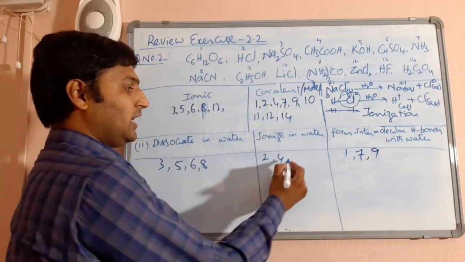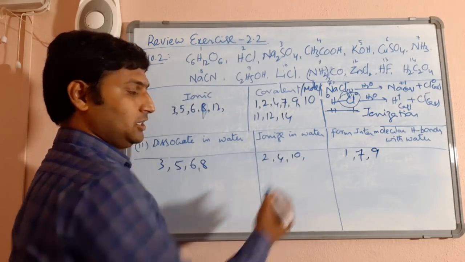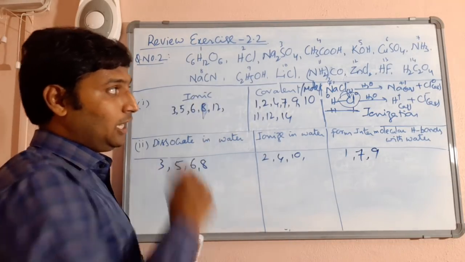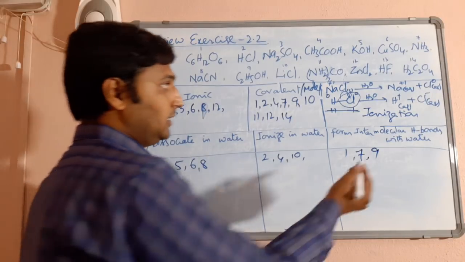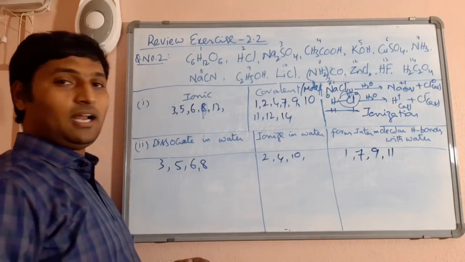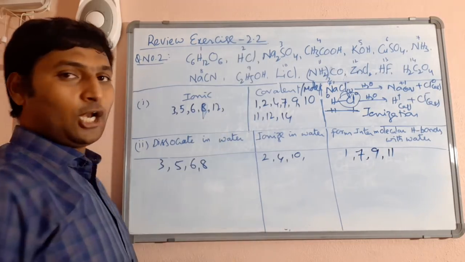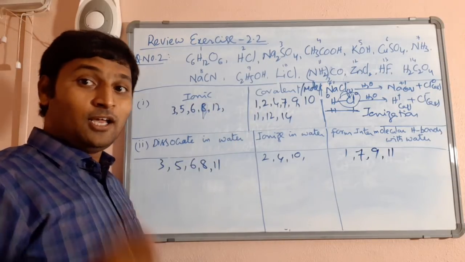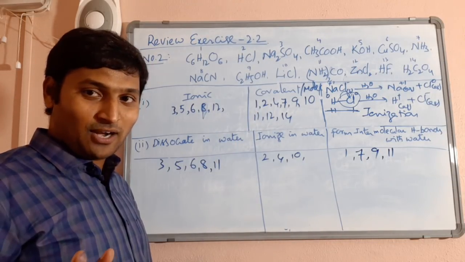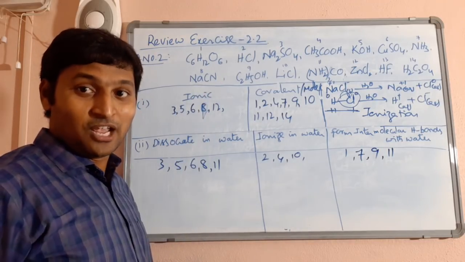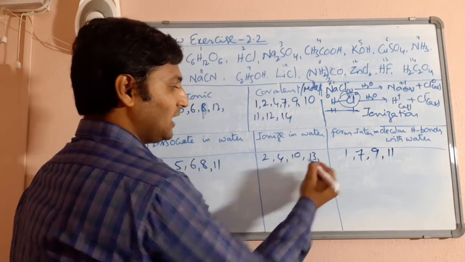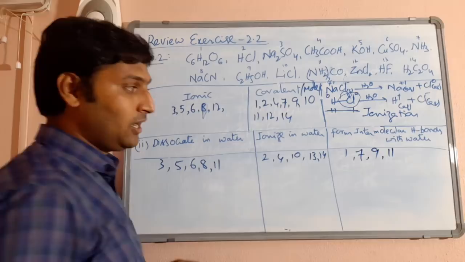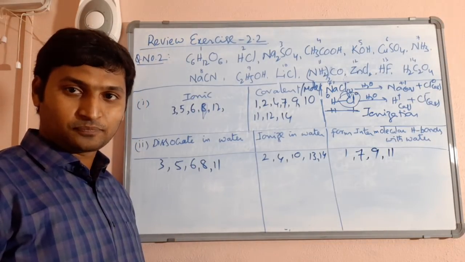Lithium chloride is a covalent compound, and of course we should call it ionization, not dissociation. Then urea cannot form ions. It is a molecular substance but still soluble in water because it forms intermolecular hydrogen bonds with water. Zinc chloride, ionic compound, so it dissociates in water. Hydrogen fluoride, covalent substance, possible for intermolecular hydrogen bonds, but still it is an acid. When there is an acidic hydrogen, it undergoes ionization in water. Same is the case with oxalic acid, which contains acidic hydrogen, so it undergoes ionization in water.